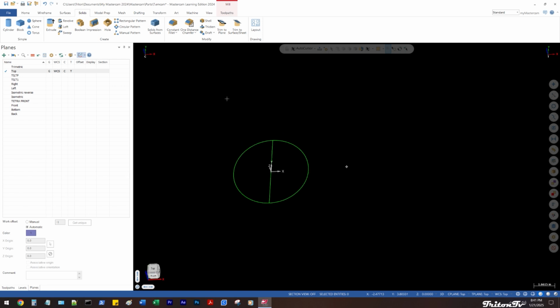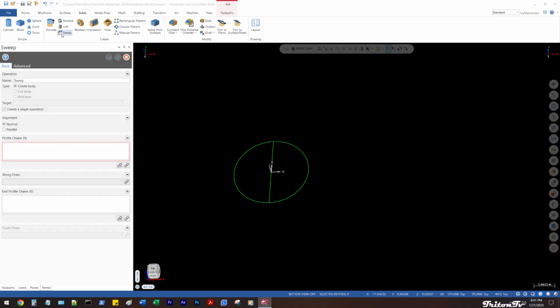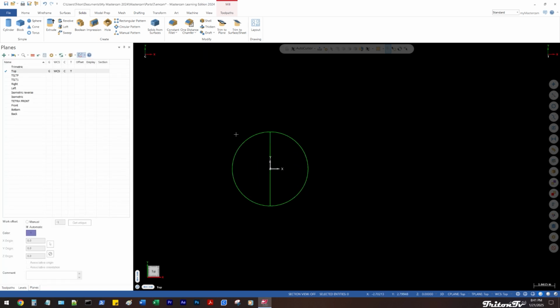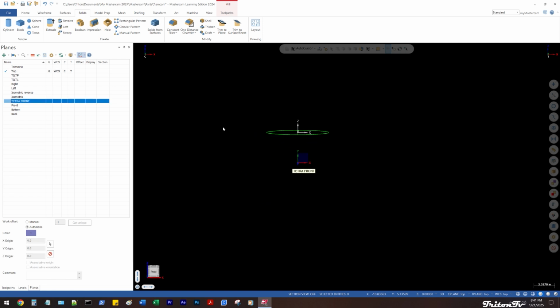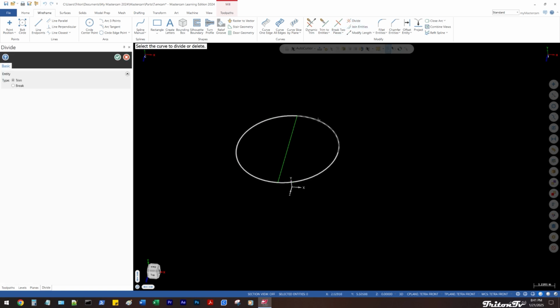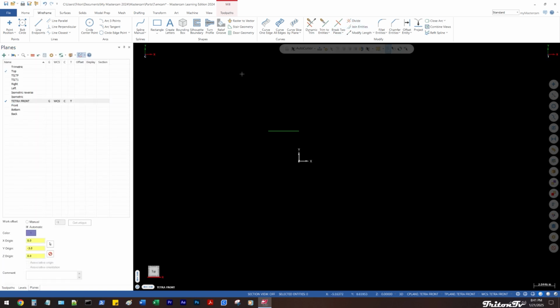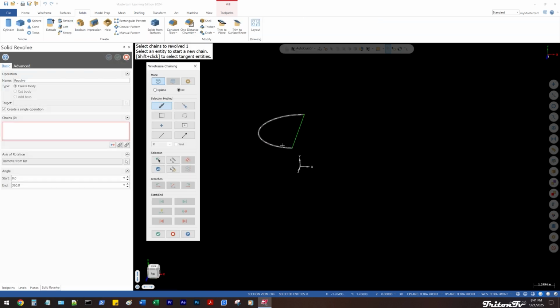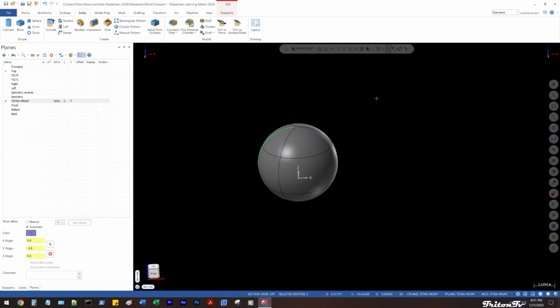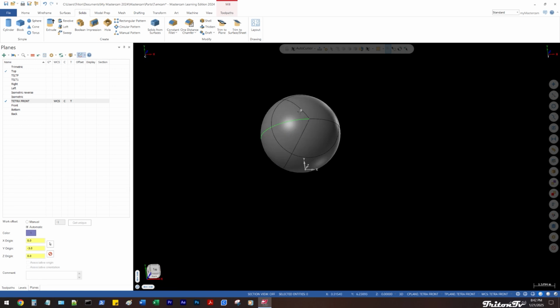Top. Let me see what this looks like. Oh, it's coming to me. I could do this. I could go in here and break that. Yeah, let's do that. I could go in here and revolve this entire thing about this axis. There we go. Okay, so now that we have a sphere, it's kind of got some funky sections to it,